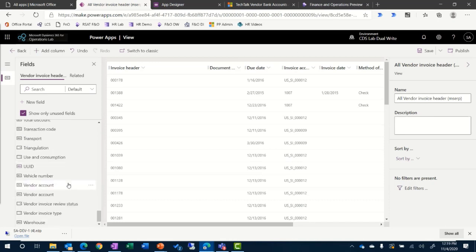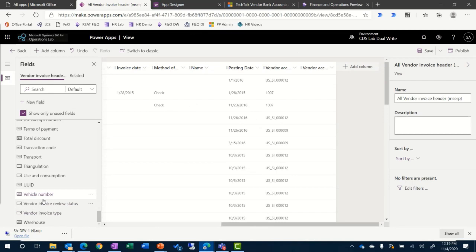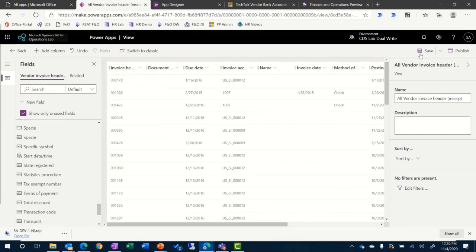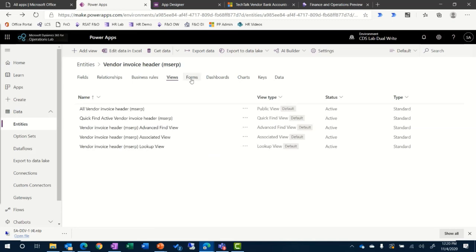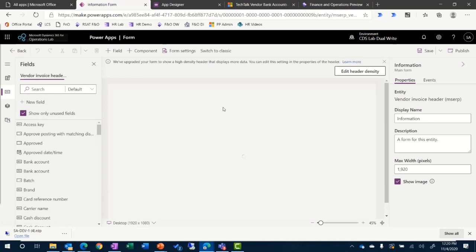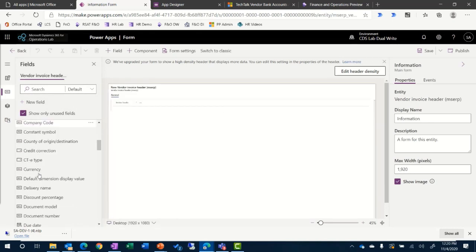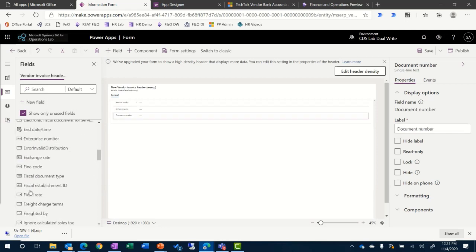So I'm just adding in some additional fields here that I want to display, and then I can rearrange the columns, add sorting. So I'm just kind of dragging and resizing. When I'm done, I click publish. Then I go back. And I'm going to do a similar process on the Forms tab to create a form. So I'm going to open up that main form. Again, it'll just have the one field in it, not super useful if you wanted to put this in an app. So I need to go add some additional fields.